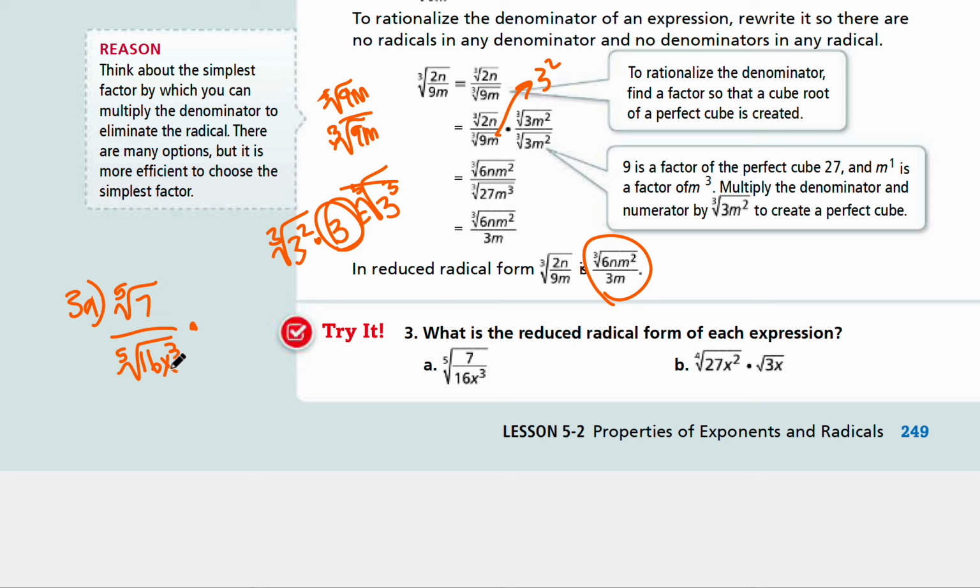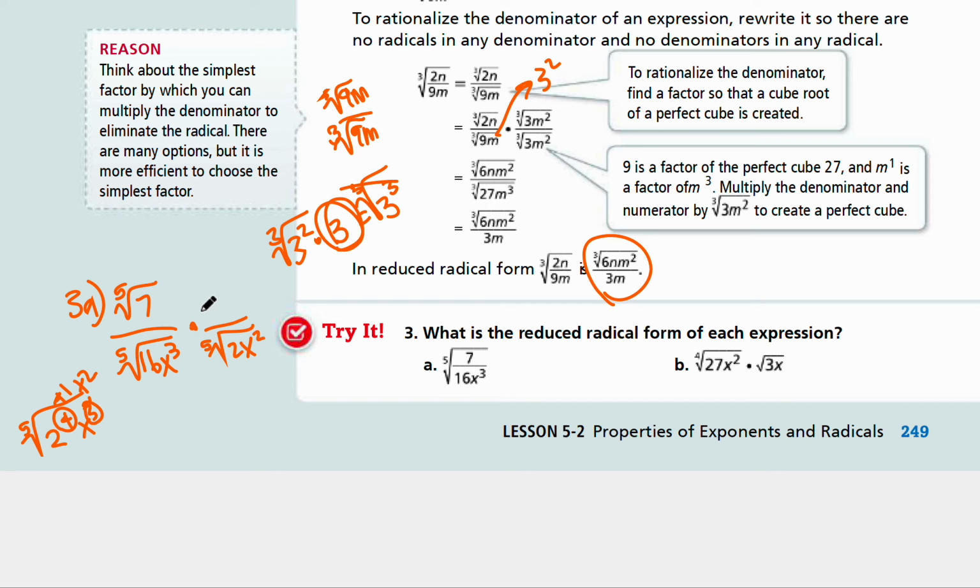So then you're going to see, how can we change the base for 16? So rewrite this as 2 to the power of 4 and x cubed, right? In order for 4 to be 5, you just need one more. And then in order for 3 to be 5, you just need 2 more powers, right? So then you're going to multiply what? Fifth root of 2x